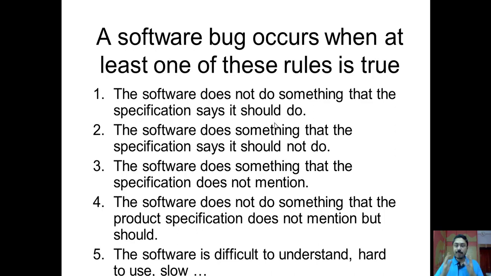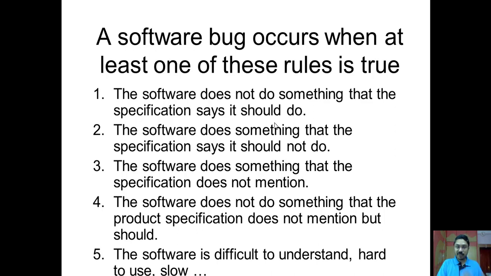Now let's take an example of a banking software. In the banking software, the customer's requirement is that there should be user authentication by entering user ID and password. Along with that, there should be a facility of an OTP. So that is a two-way authentication. So what is the requirement of the customer? That the user of the system should be authenticated twice. Once with the password and the second time with a valid OTP.